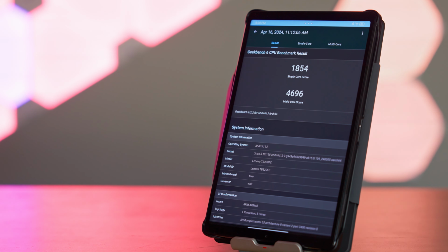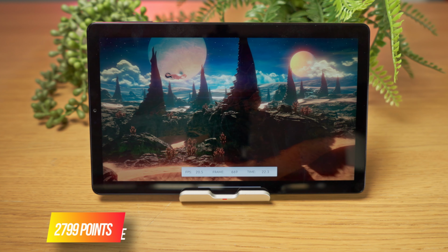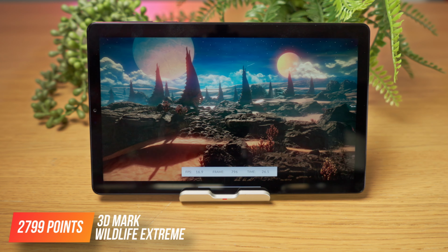1854 points in single core and almost 4700 in multi-core. Very good values for this chipset and at least 20% higher than on a regular phone with the same chipset. The situation is similar in 3DMark, where I got 2799 points in Wild Life Extreme. This should translate into games, and I was pleased to see that the Legion Tab handled well absolutely all the